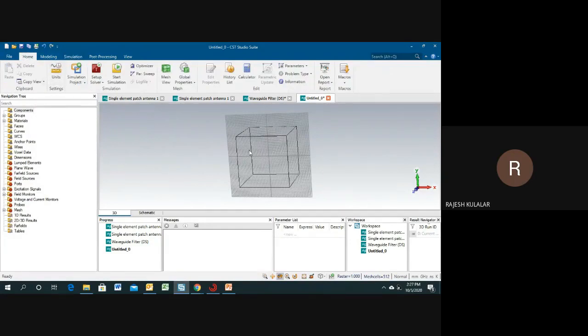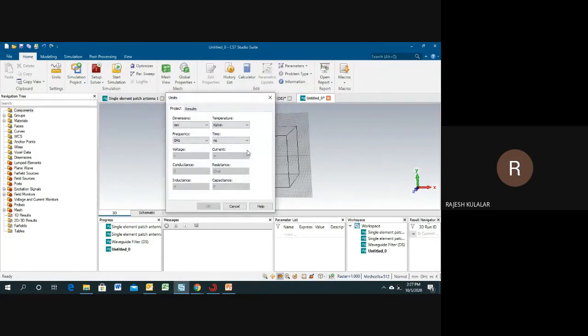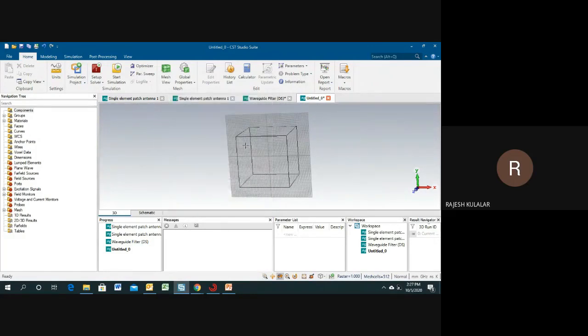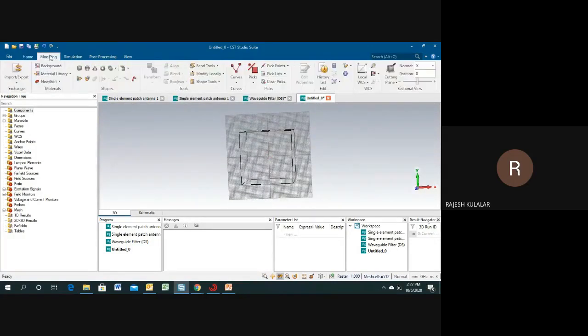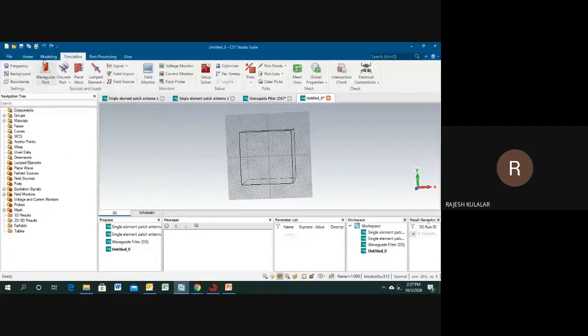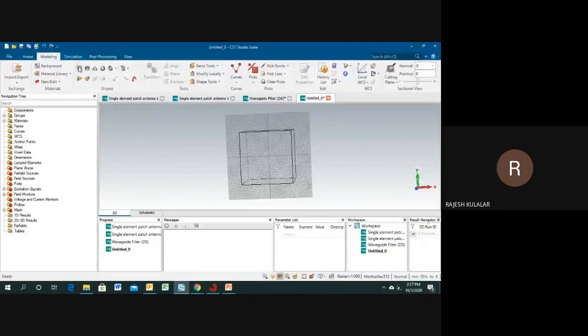So let's start designing the parameters, it will be better, so I can explain properly. For the design of the antenna, we need three parts. The first one is the ground, the second one is the substrate, and the third one is the patch and feed. So now I will design a ground plane with PEC or copper.